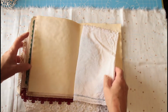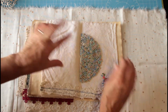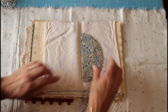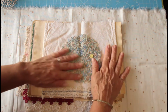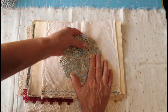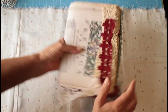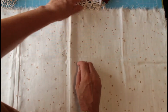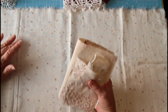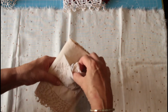Just show you the middle again. This is an old piece of table linen, and I've put an old ruffle on there, and then look at this gorgeous doily there. That's going to be the centerpiece. So that's that one. And then she did one with all fabrics, all materials rather than papers,